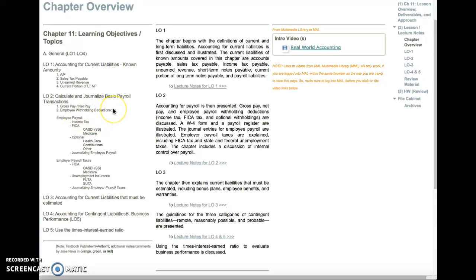You're also going to be talking about specific deductions, and so in terms of withholdings, because the federal government tells you to do that, you're going to be withholding some amounts. They usually relate to your income tax, FICA, which is made up of two separate items: the Social Security and the Medicare portion of FICA,